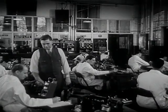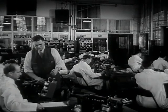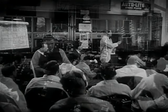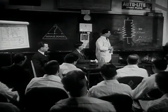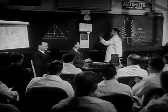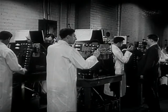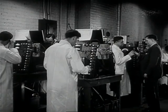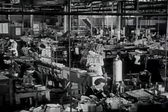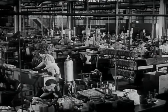And the most important phase of Auto-Lite service goes beyond the installation of products into automobiles, beyond its network of service stations. It is the Auto-Lite Service School, a unique institution established to give servicemen from all parts of the world a course of study and practical shop work so that the service of Auto-Lite is carried on through the life of its products. Contributing to the tremendous scope of its operations are the many products of other Auto-Lite plants